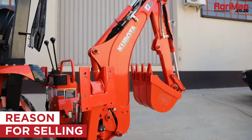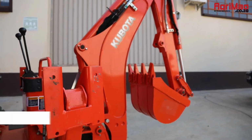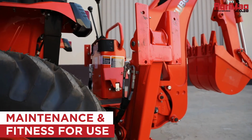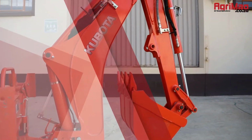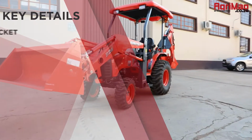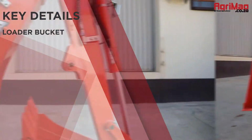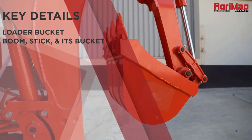Explain the reason for the sale of the TLB. Provide information regarding its past working life. Detail its current working condition with reference to the loader bucket, the boom, stick, and its bucket,